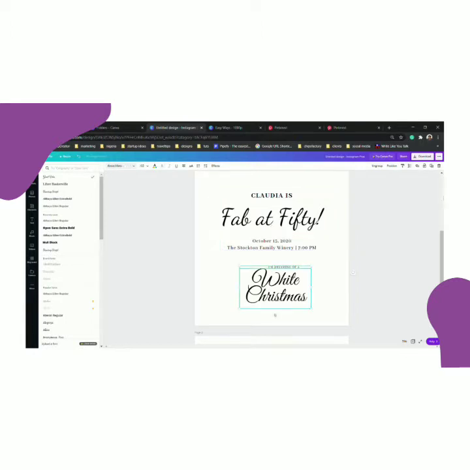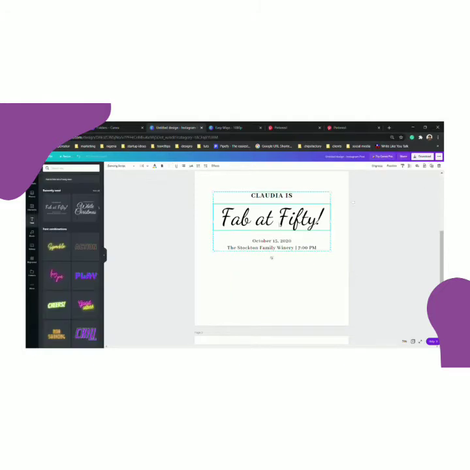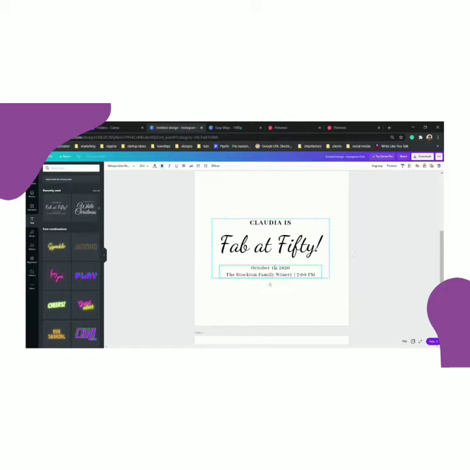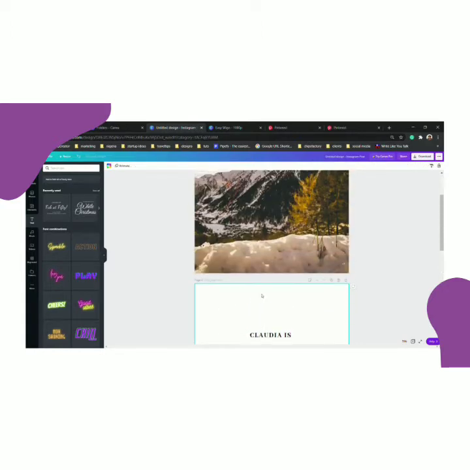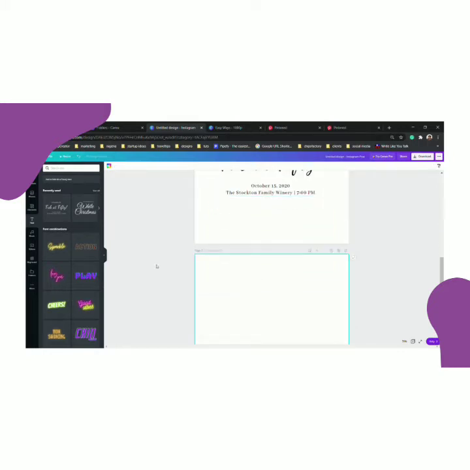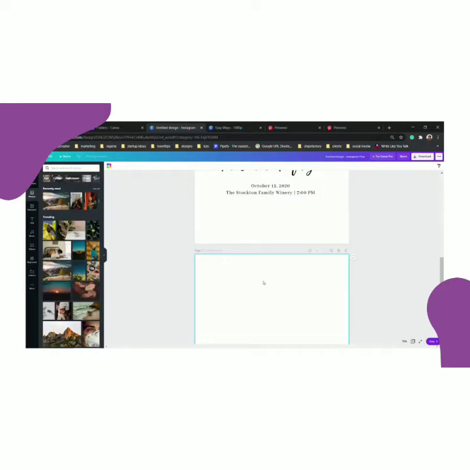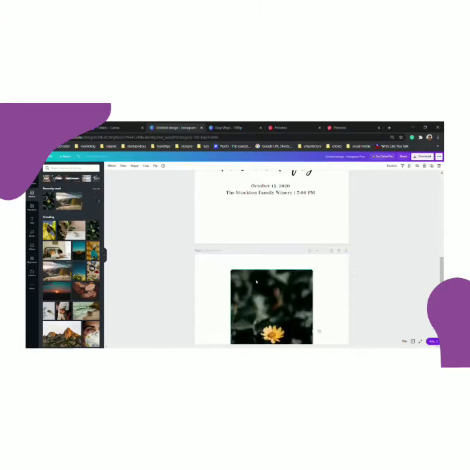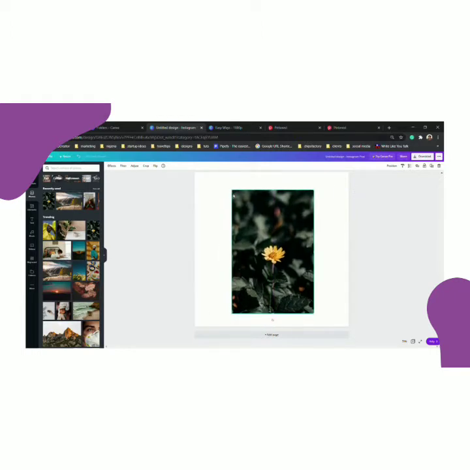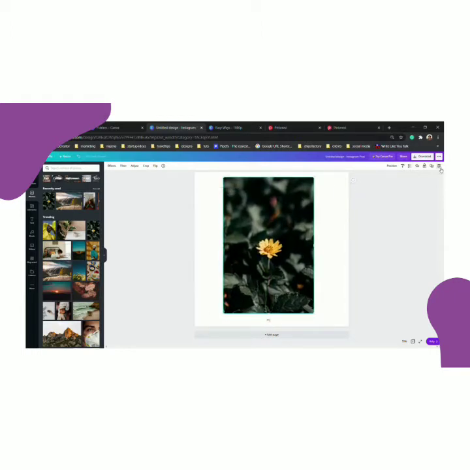So then we're going to be using this for our quote post. So as you can see, I have a picture, I have a quote, Claudia is fab at 50, and then we can come to this next one, and then we'll also add another image to go with it. Another thing you can do, instead of just adding images like this and having to resize them,